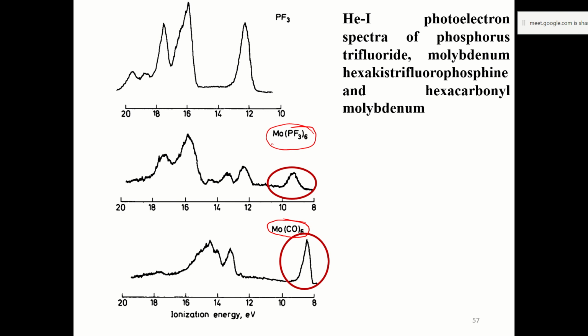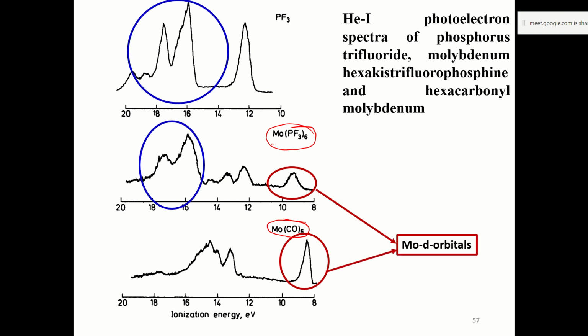So when you are looking at the complex, remember it must be some metal orbital which is ionizing early. The electron ejection is easy. So these are the molybdenum d orbitals, lower energy side, lower ionization energy, PF3 versus CO 6. These are between 8 and 10